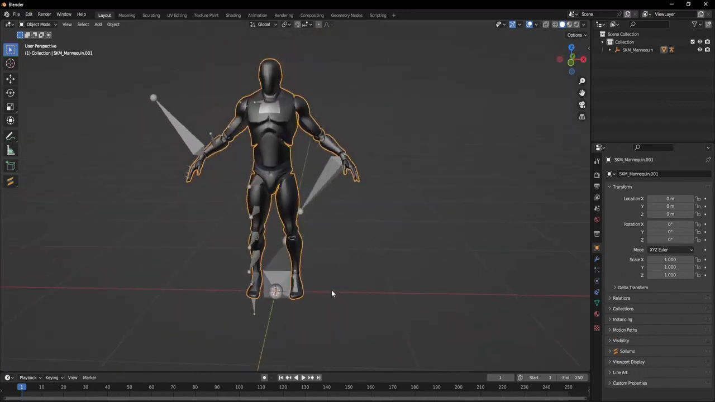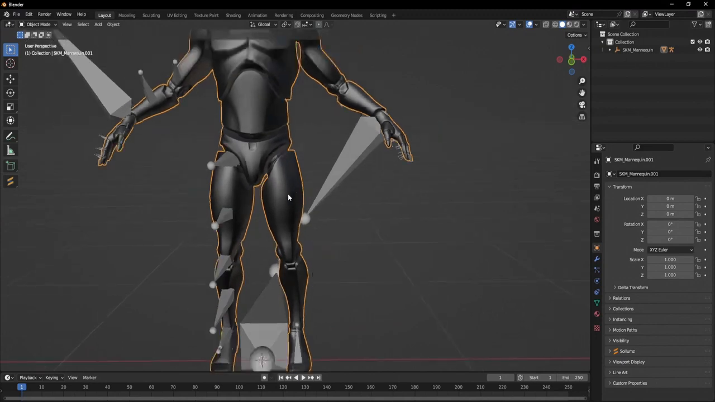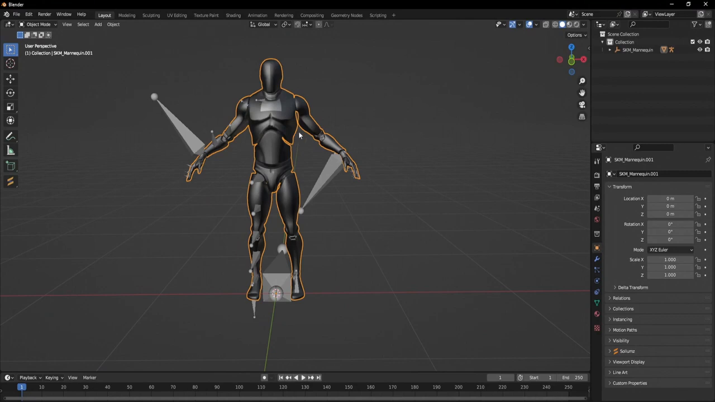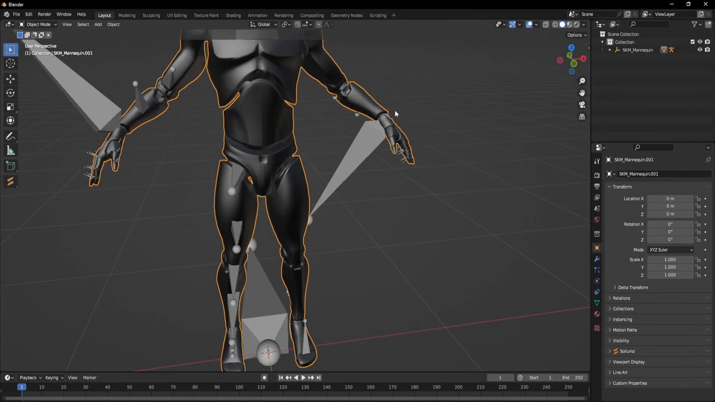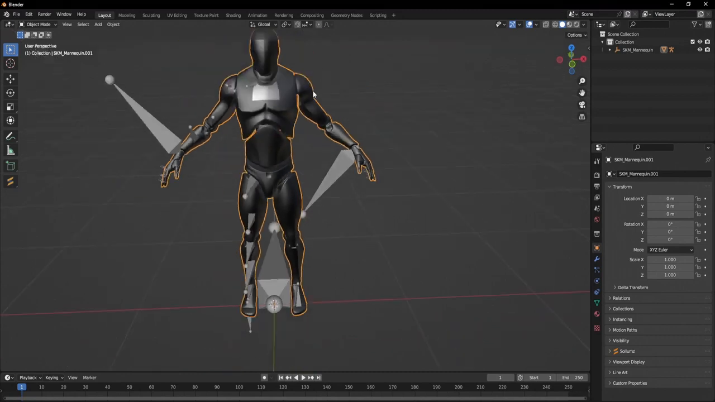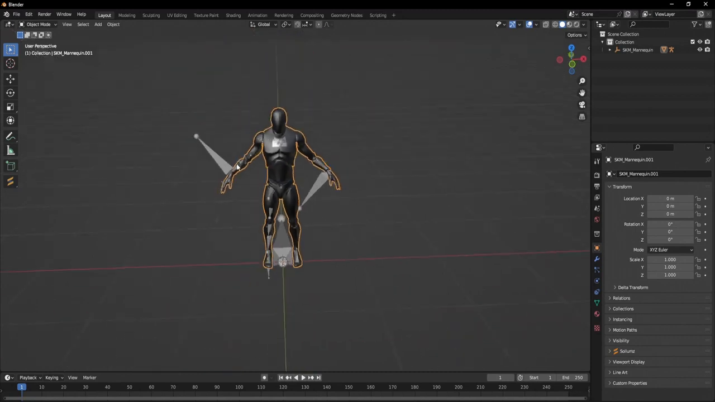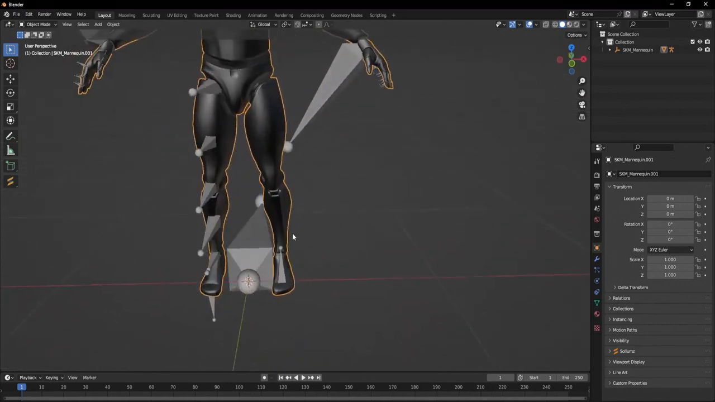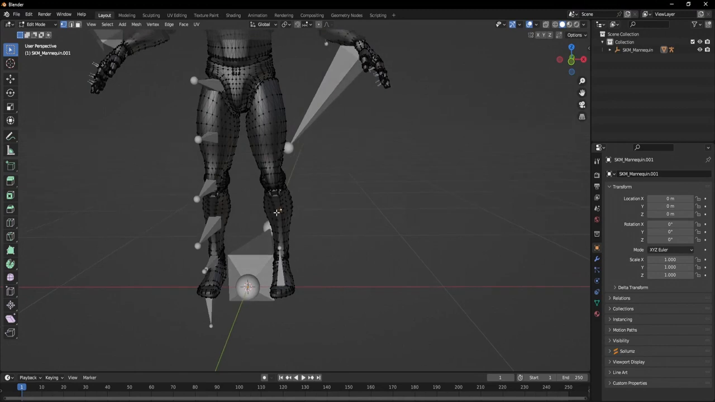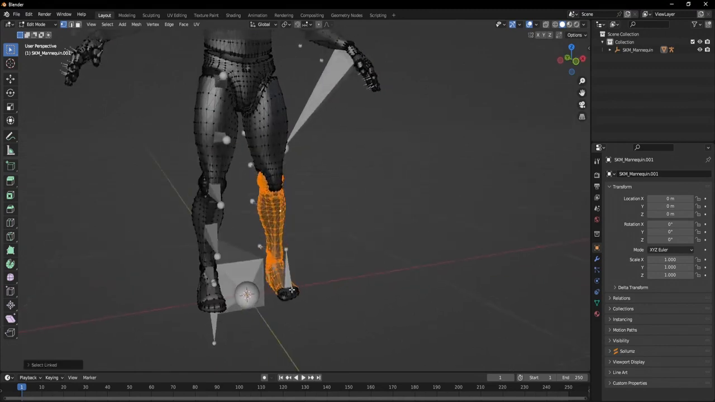So what we need to do is we want the whole leg left and right, the whole arm right and left, and the head to be dismemberable, but we also want the calf, the thigh, the left thigh, left calf, left forearm, right upper shoulder, left upper shoulder to be dismemberable as well. So what we can do is simply select all of this